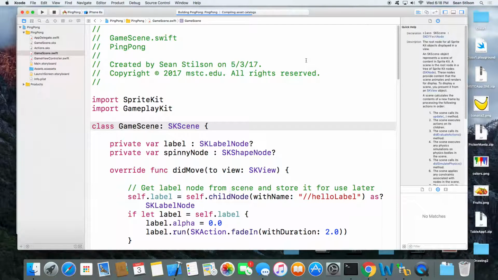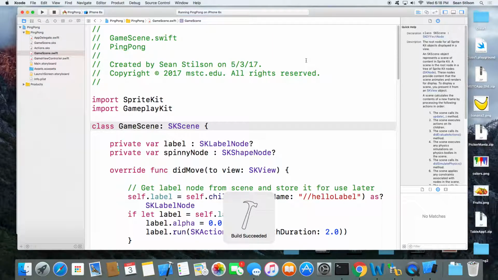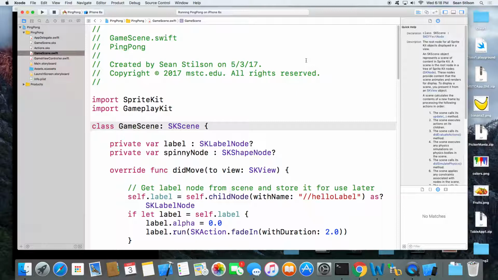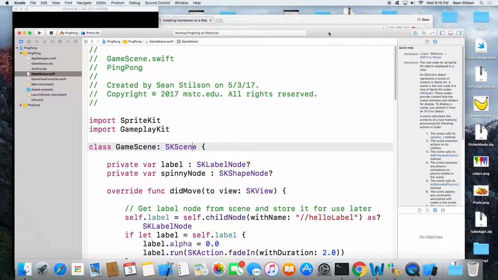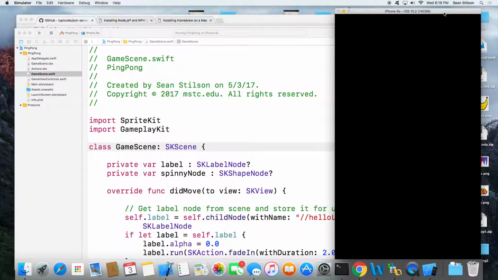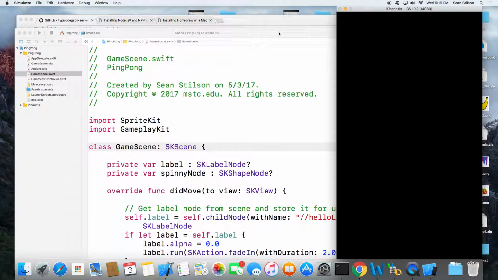So it's probably a good idea to get it up and going. The other thing is, once we get this built and get it working, I would encourage you to run it on a device if you have one. The difference with a game versus a regular app isn't usually significant, but with a game, the physics motion on a simulator is not nearly as close as a real device. I noticed that once I built this, because I did a concept app and played with it on the simulator and then ran it on my phone, and it was like night and day.